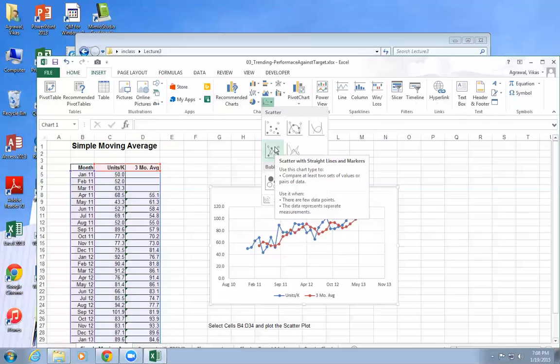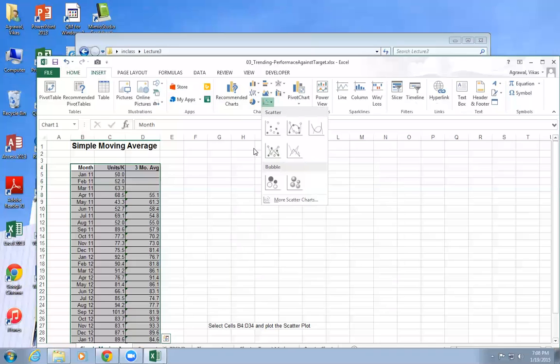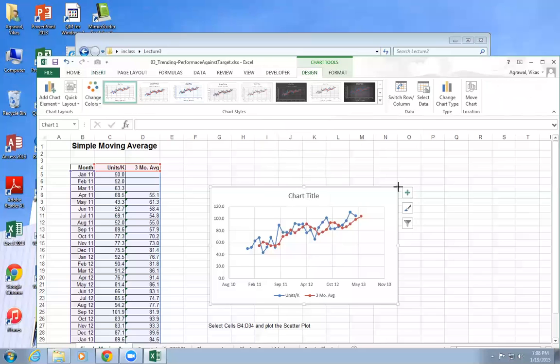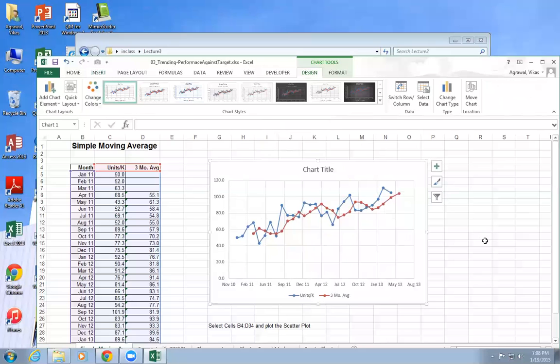Could you tell us what's the difference between the two? The one we just did is without the marker, it doesn't show the marker. You see the straight lines? One just has the marker. Here it just shows me the points, each data point. That's the only difference. And you can make it bigger here if you want. So basically this smooths out the variations. That's what it does. 3 months,